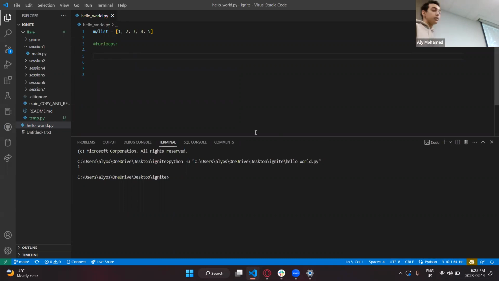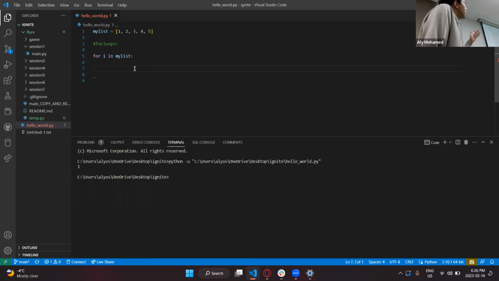Okay. So in order to iterate through a list, we have to first create an integer, i. i is what's usually used in order to iterate through lists. And we're going to call the name of our list. Okay. So what I've done here is I've created a loop. And this is an advanced class, so I'm assuming you guys know what a loop is. But what I've done here is I've created a loop and used the integer i in order to iterate through my loop. So what i actually does,